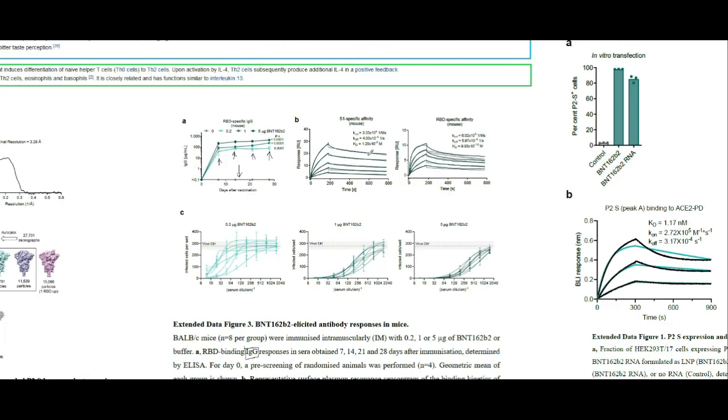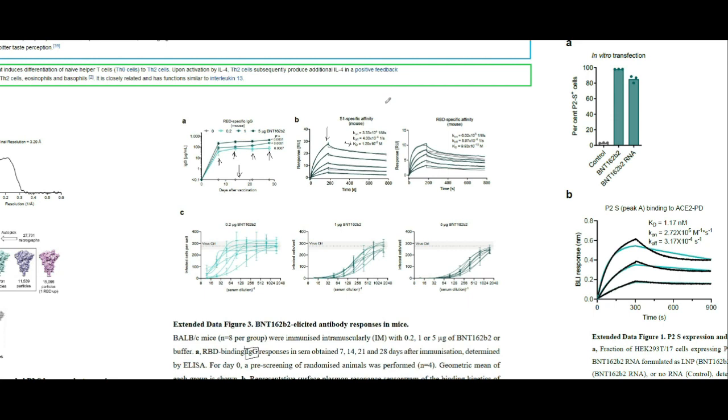But anyway, you can see here that when they start washing the protein onto it, you see the angle changing as you start binding, and then as you stop washing protein onto it and just start washing it with the solvent, your binding starts going down. But we can see here that the KD, which is the binding affinity, is at 1.2 times 10 to the negative 8 molar,